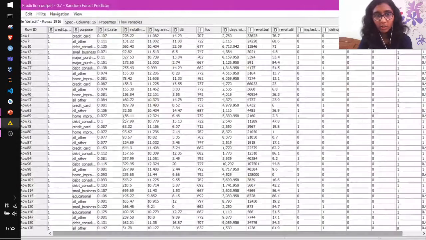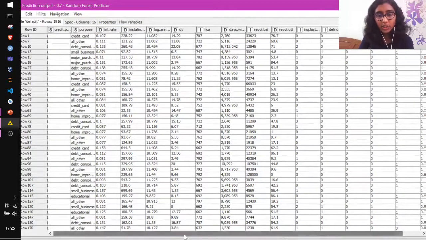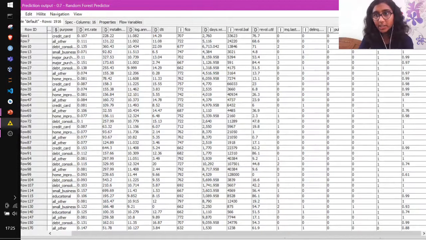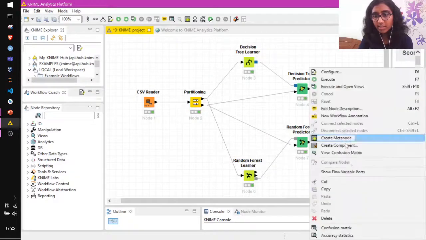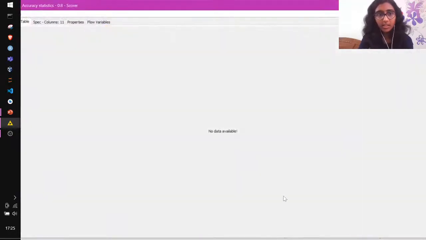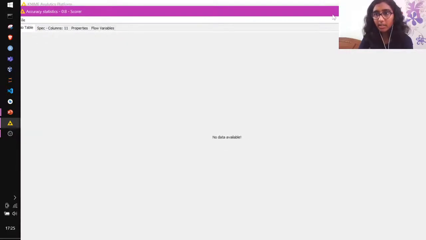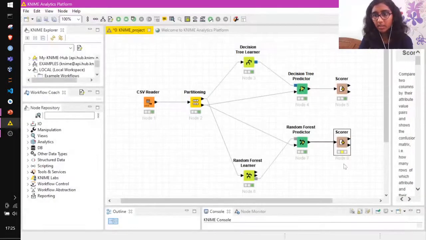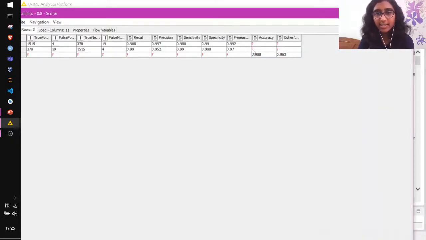This is the prediction output we see. There's a credit policy, and there will be a row which would have prediction values. Then to see the score of this, oh sorry, we haven't run this. So we execute it. The scorer will tell the accuracy. Accuracy statistics, it is about 0.988.